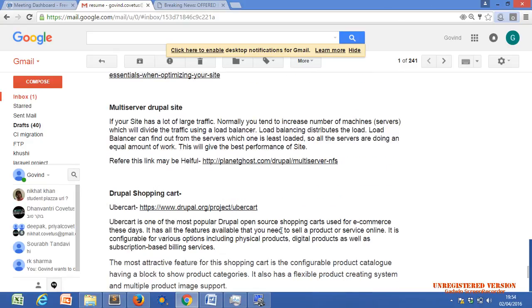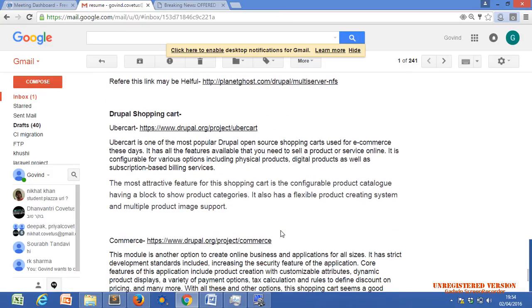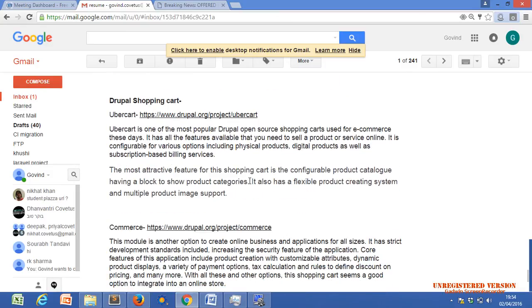Drupal shopping cart, we discussed. Two major modules are there for shopping cart: Ubercart and Commerce. We already discussed Ubercart. Even then, if you want to read the description of Ubercart,